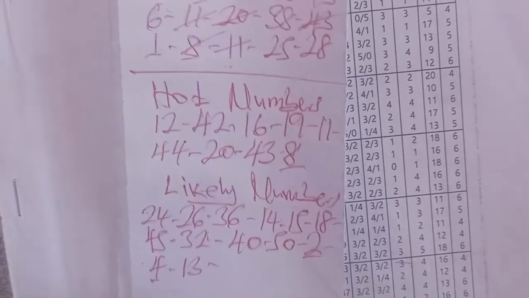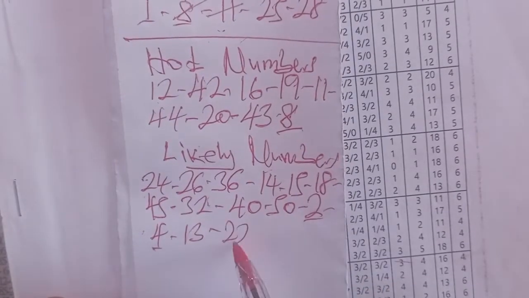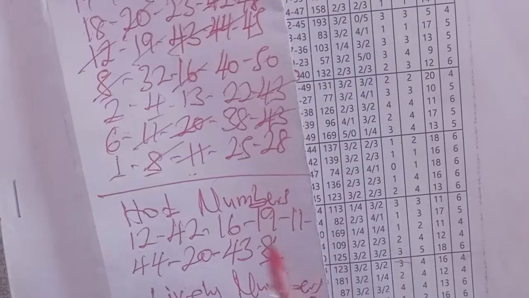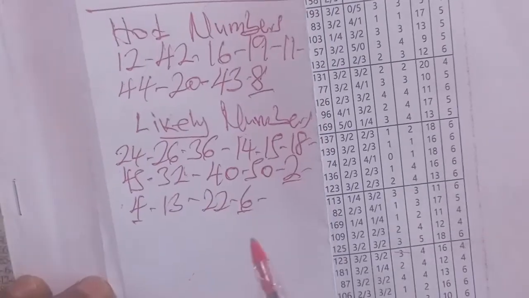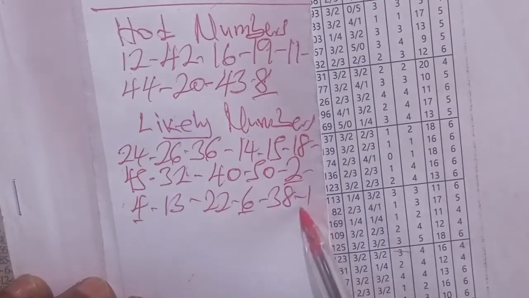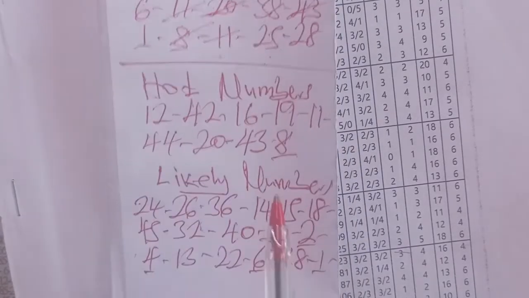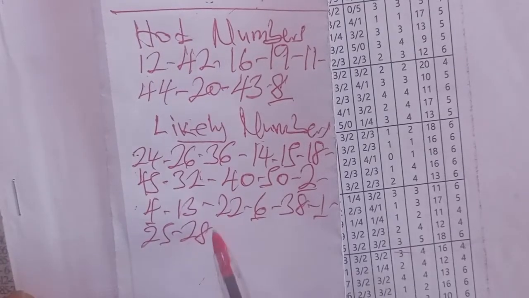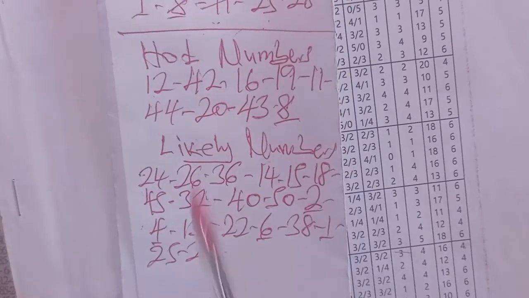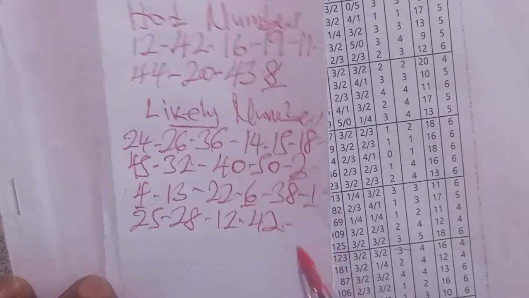Then the next we have the number 22, 6. We also have 38, single 1. Then we have 25, 28. Then the hot numbers, let's add the hot numbers 12, 42, also